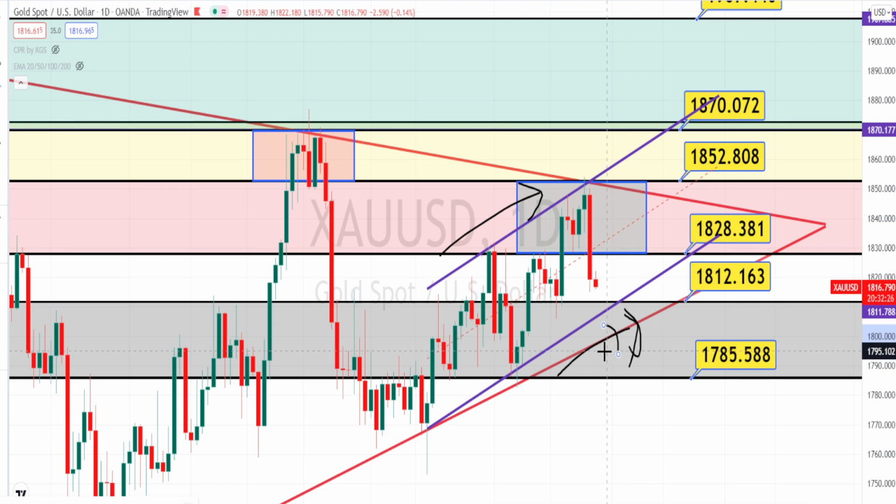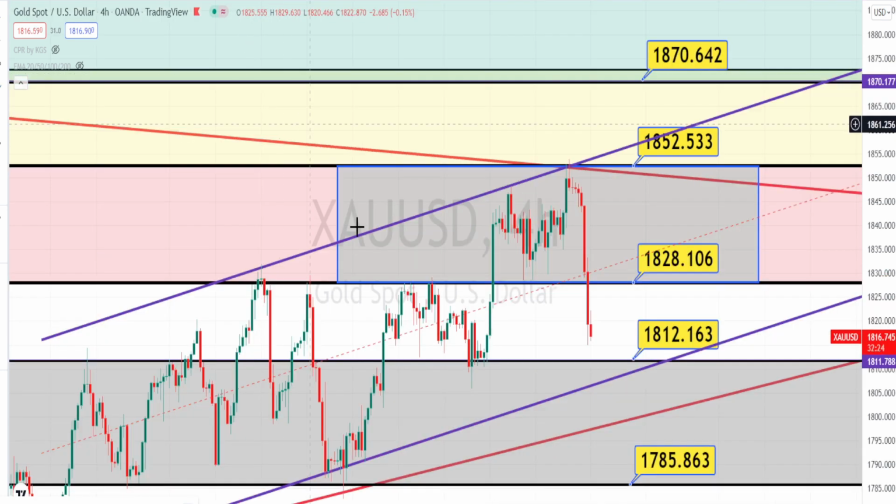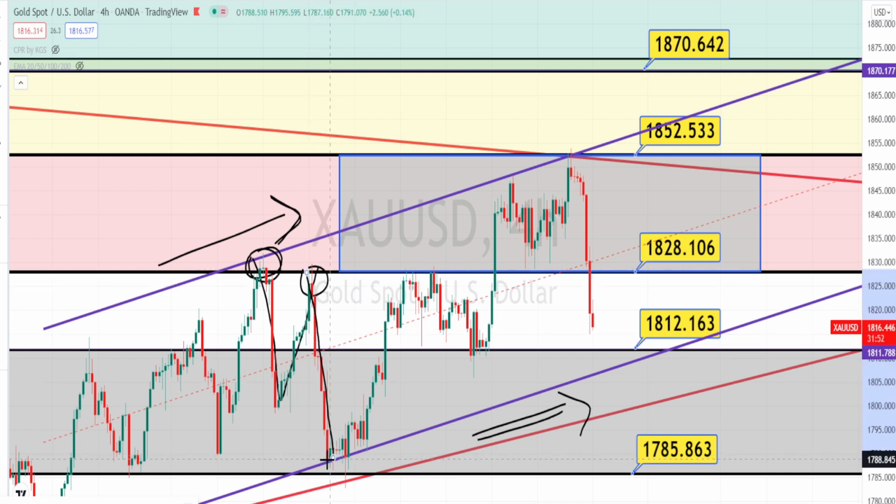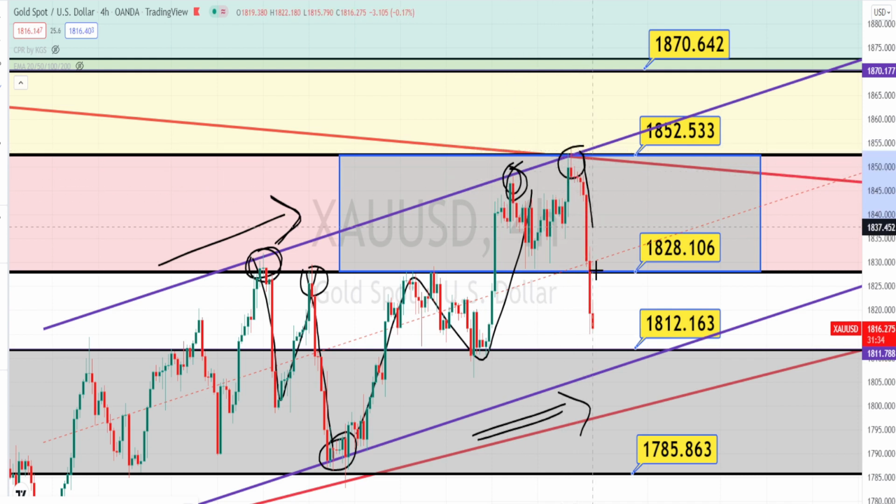Let us do the analysis in 4 hours time frame. I am in 4 hours time frame now. From the daily time frame, we already know that the current price action is trading within a bullish channel pattern. It has tested this resistance line, then went on a retracement, again retested on this resistance level of 1828 and bounced back and tested the support line of the bullish channel pattern, and continuously it was on a very nice bullish trend, and it tested the resistance line of the bullish channel pattern, and it is in a very nice